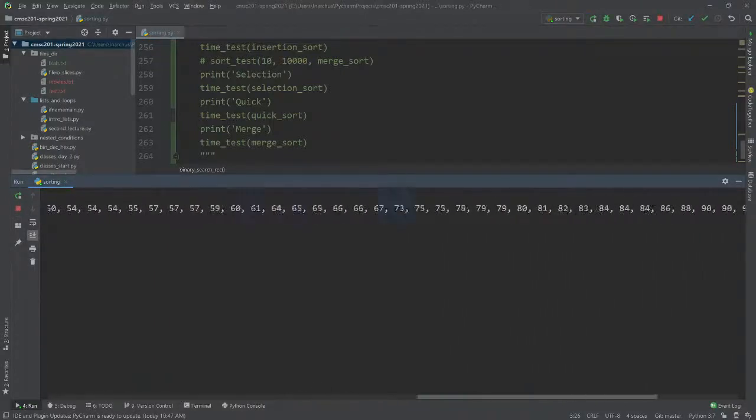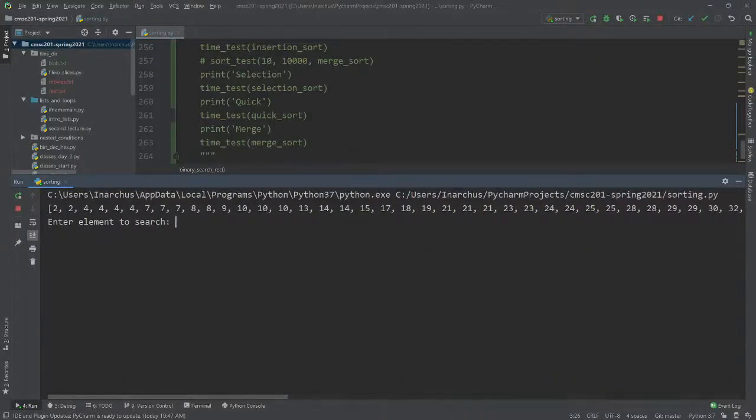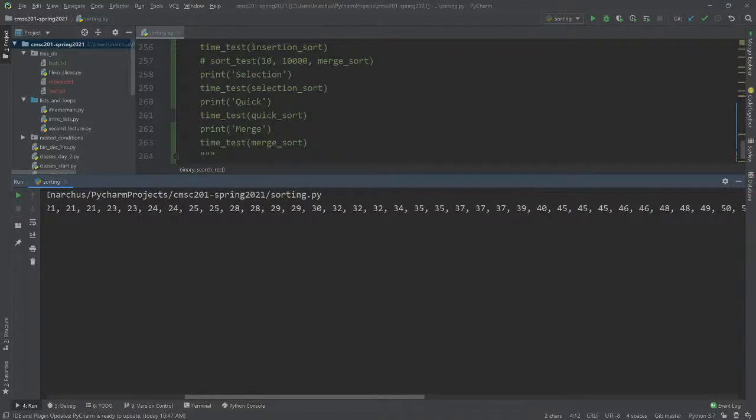What element should we look for? Let's look for 30, okay? So in the first go around, remember that this is the start, this is the end, this is the element, this is the midpoint, and this is the element that we found there. So the indices start at 0 and go up to 100. We found the midpoint is 50. That's the midpoint index, not the actual midpoint. Here's the actual midpoint, and then we say, okay, so 46, we found one of these 46s,